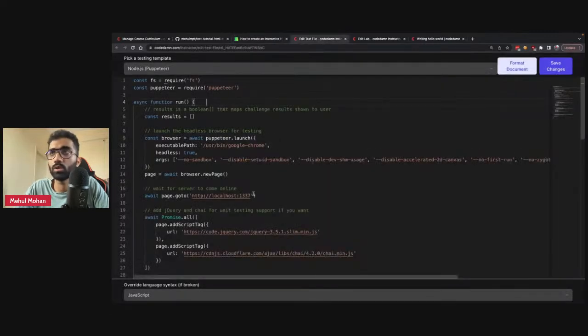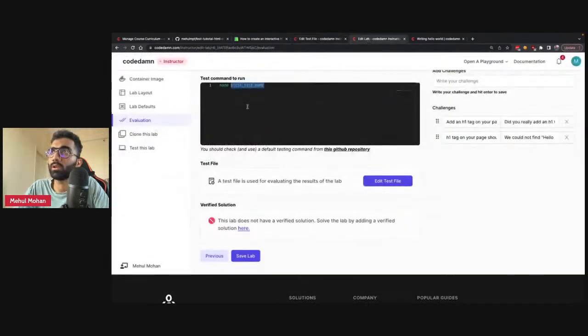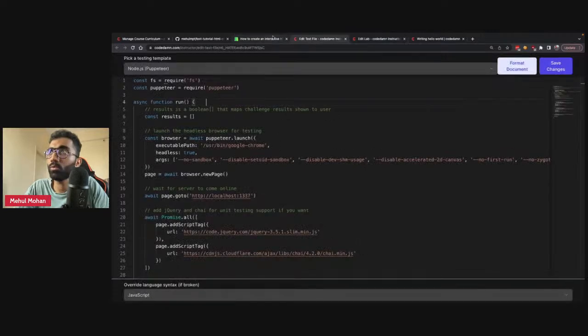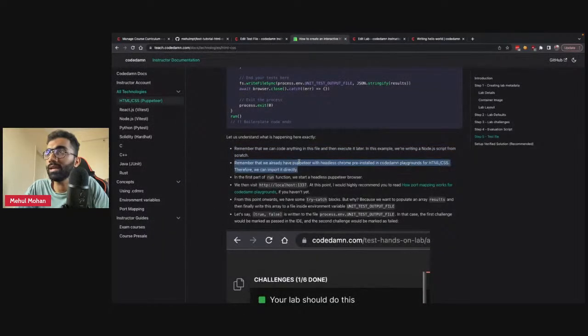Like I mentioned, you can code anything in this file and run it through Node, through Python, through whatever you want. The second pointer is that we already have Puppeteer with headless Chrome pre-installed in CodeDAM Playgrounds for HTML, CSS. This is important, right?